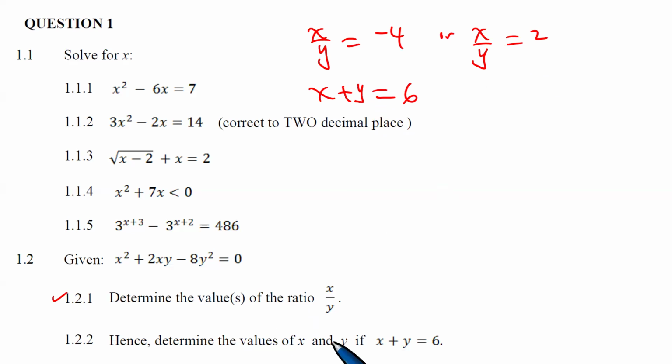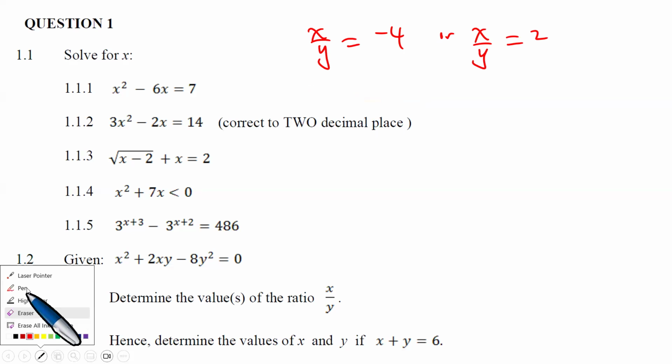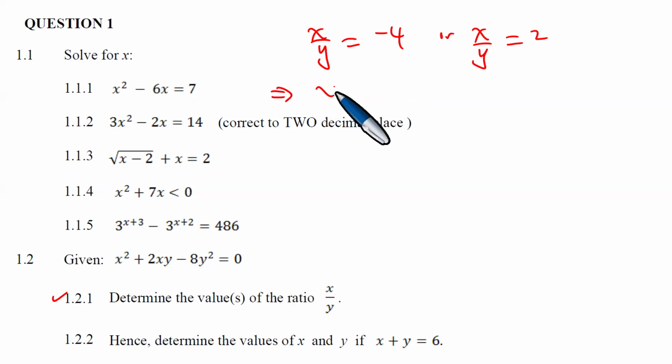Because now we need to determine the values of x and y. So this is becoming simultaneous now. If it's becoming simultaneous, then what is the next thing to be done at this point? From these two equations, we can just cross multiply and say this implies that x is minus 4y, or x is 2y, like so. And then what do we do next? All right, we solve with this